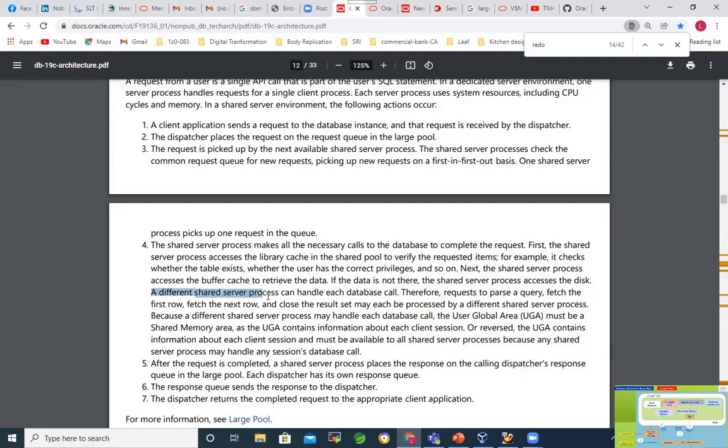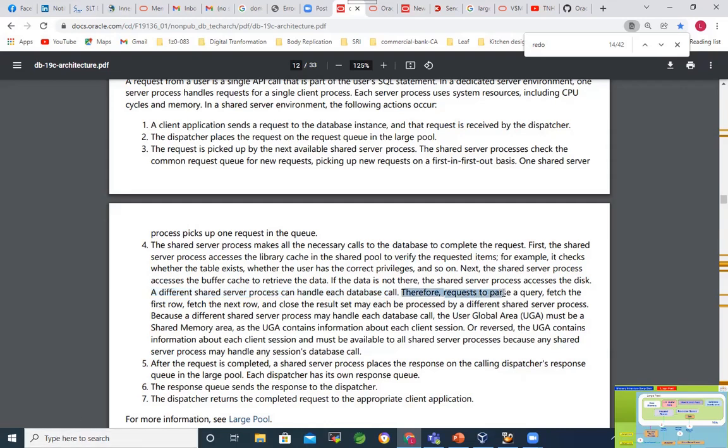Then a different shared server process can handle each request call. This is the same thing that I explained. There is no rule that the particular shared server process should continue to serve that particular request which is taken from the request queue. Any available shared server process will be able to handle the request. A particular request may be distributed across multiple shared server processes.